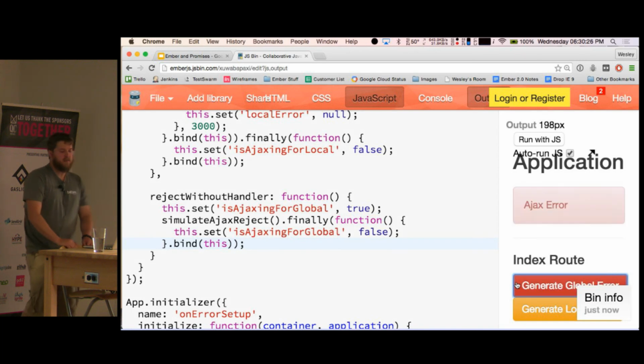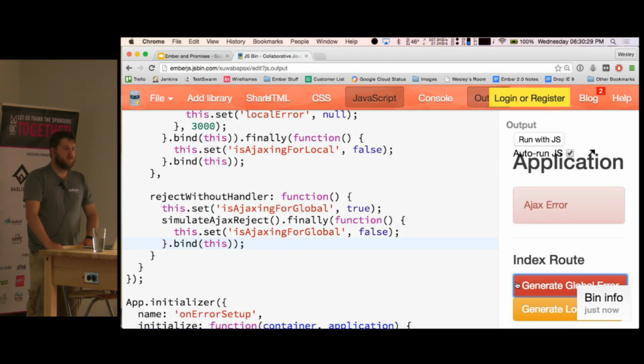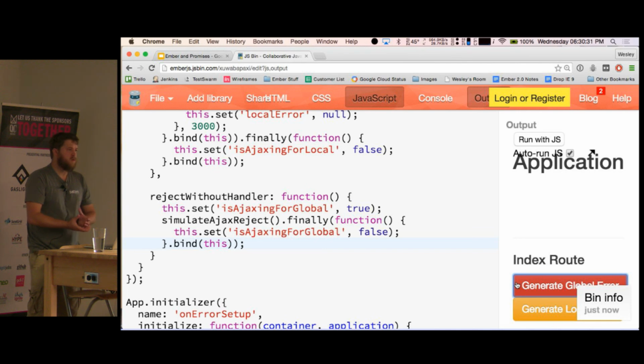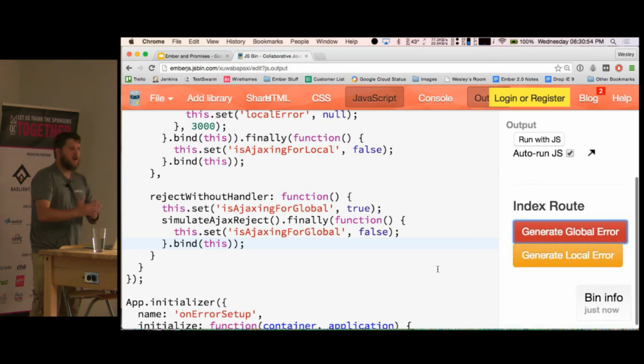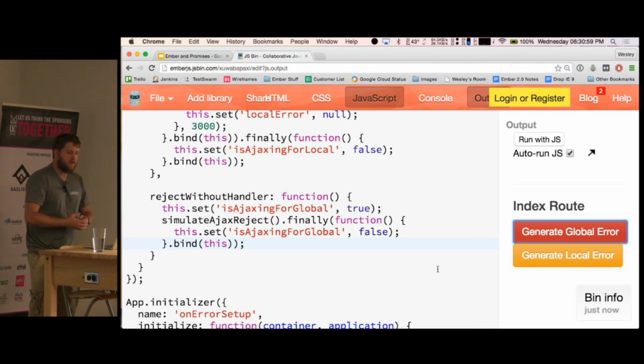What we actually started doing to help, because we have a global application handler like this, was at the adapter layer, we build our own error. We wrap up the Ajax error, and his goal is to try to find an error message. He contains all of the original data, but he tries to pick out an error message based upon our error validation stuff from the server. And so if the particular controller that called that Ajax doesn't know how to handle it or forgets to at some point, the one that gets all the way to the end on the onError has a normalized way to try to handle the error.